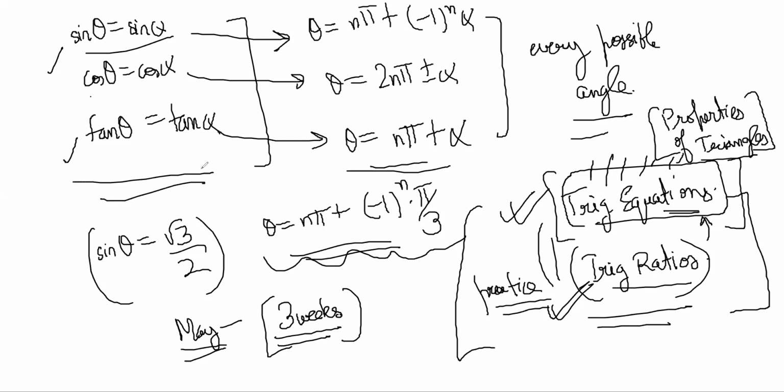So, sir, what kind of questions are there for these equations? You will see, I'll send you the sheet today. Have a look at the sheet. You will understand. Basically it will be different types of equations. For example, solve sine 2 theta is equal to cos 3 theta. Find all possible angles which satisfy this. So I will just show this example.